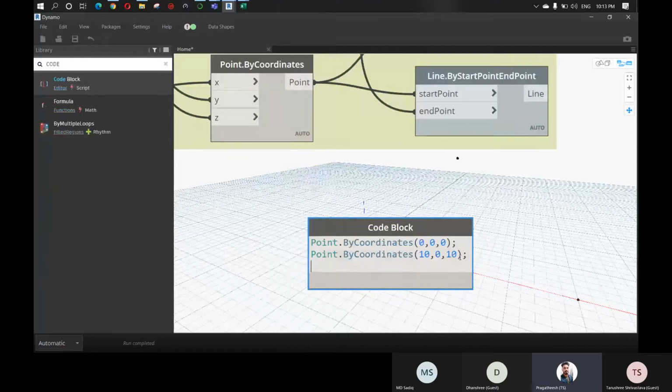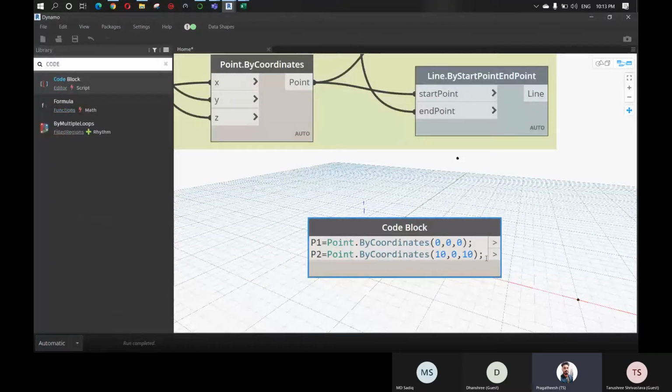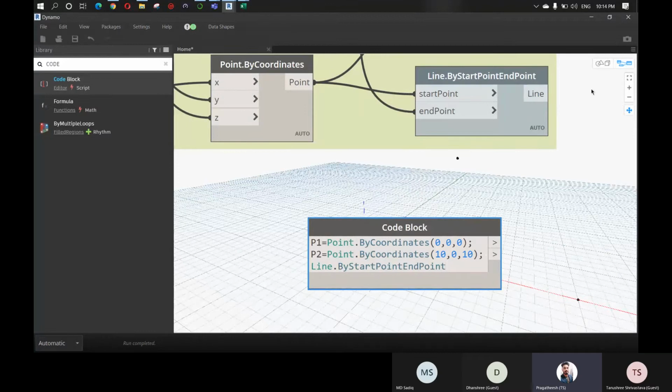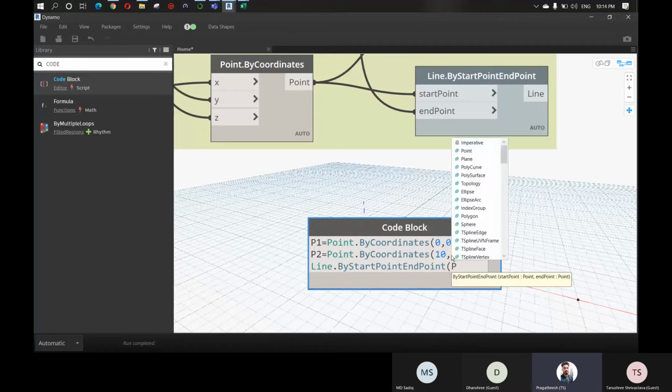Okay, so we can just give a variable for this. So variable is nothing but just an identifier, like you can say p1 equals the first point, and p2 equals this coordinate. So we have just created two variables here. Fine. Next we can just use Line.ByStartPointEndPoint, which we use to create a line, right? Open bracket, p1 comma p2,